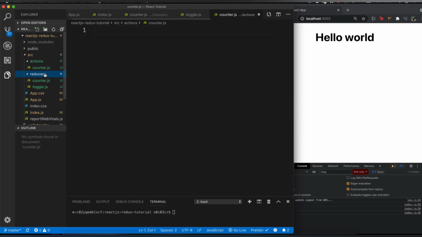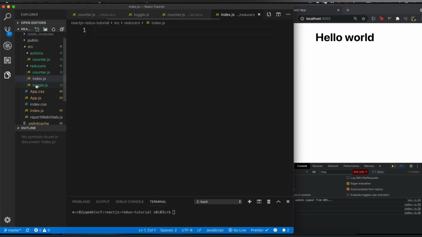Also, like I mentioned before, we have to actually combine all the reducers, right? We need to combine the reducers when we want to actually give it to our create store, because create store will take all the reducers. So for that purpose, I'm going to create another file called index.js. We'll look at in detail in a while what we're going to do with this index.js, but we're going to basically use index.js to combine all the reducers.